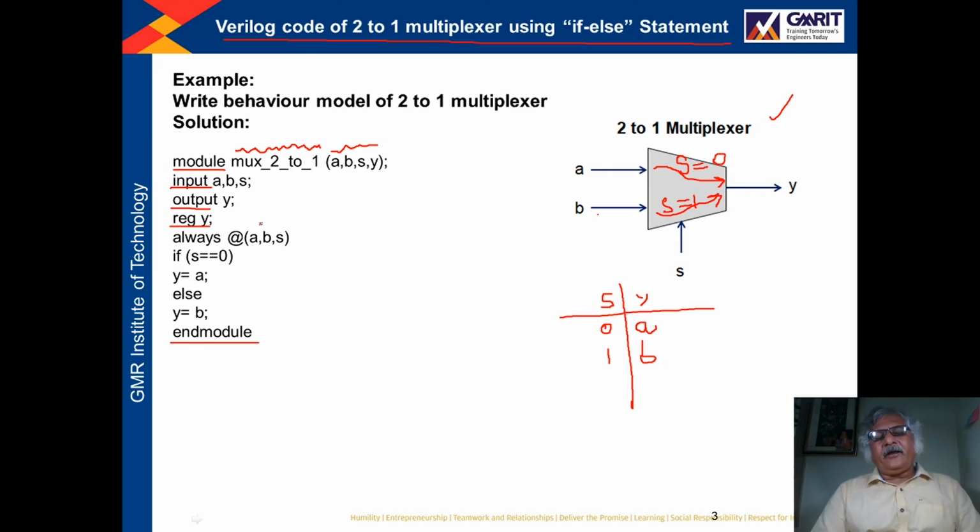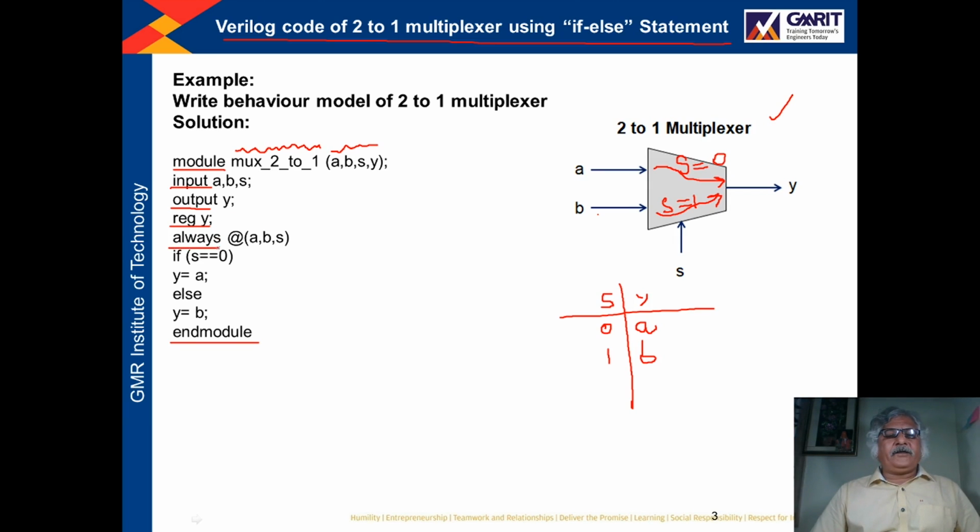We know that if we are assigning any value to any variable in a statement that is inside the always block, then that variable must be declared as reg type. So that's why we have declared reg type.